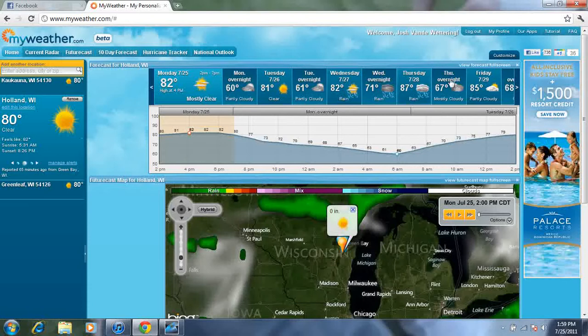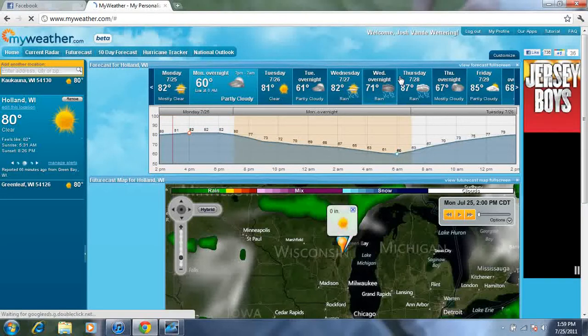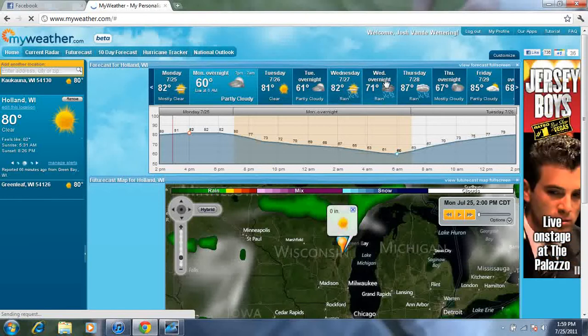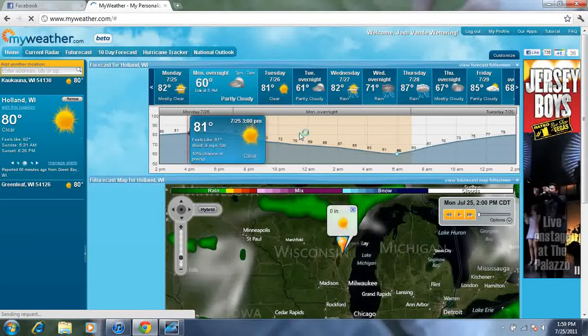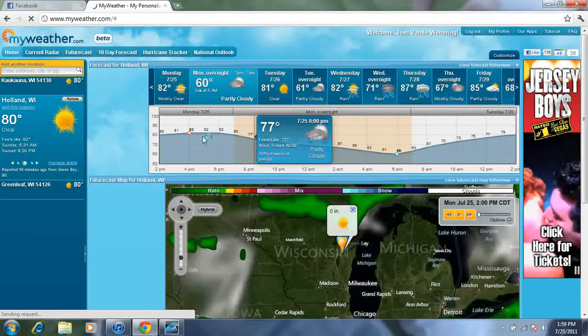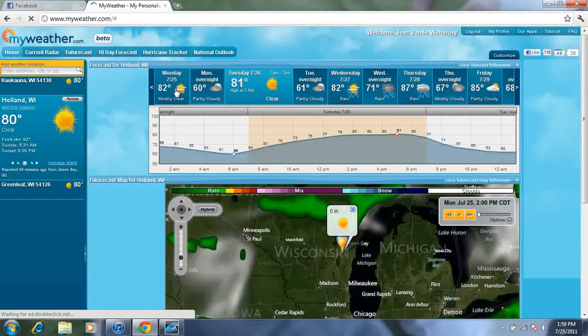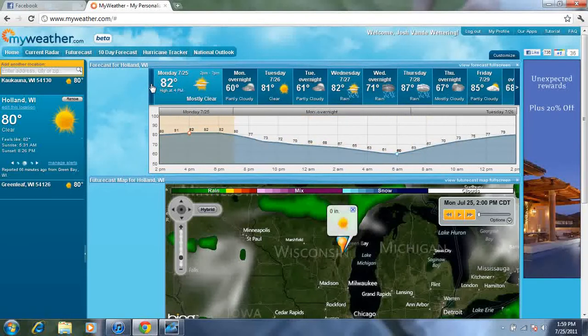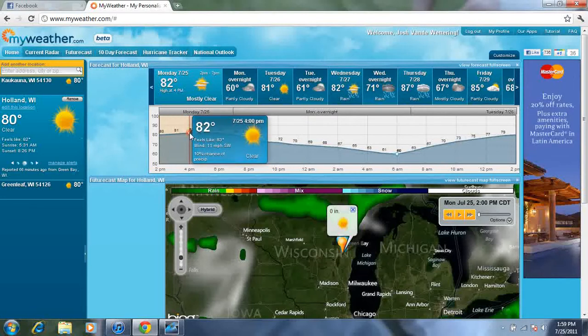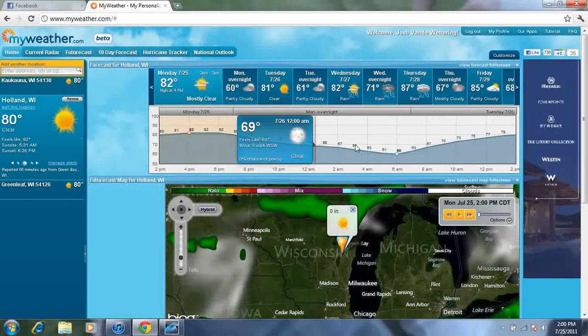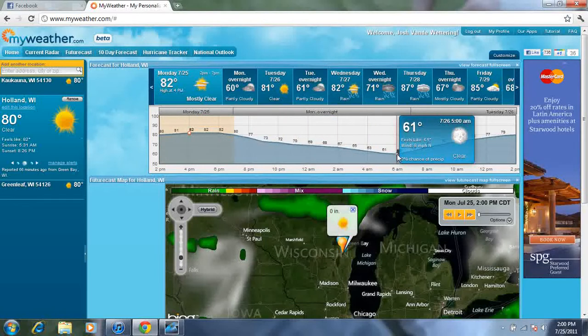Then overnight, and down here it tells you the temperature trend. This is a 10-day forecast, so you can use the arrows on each side to go forward or backward. When you move these arrows, the temperature trend moves with you. The red dot means that's the high for today, as high as it's going to get until the temperature goes back down. And then the blue dot, I think that's blue,